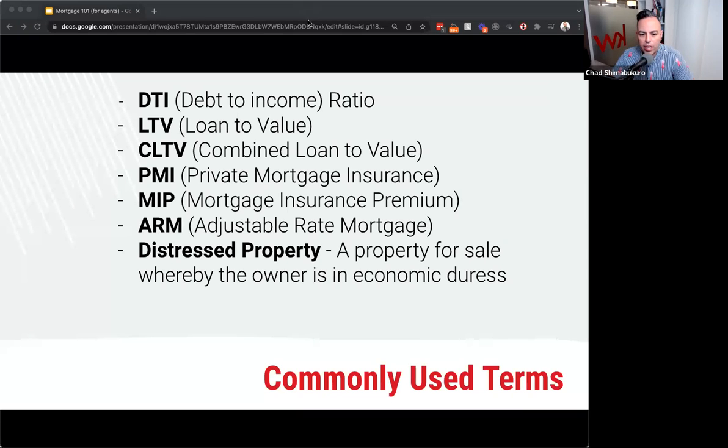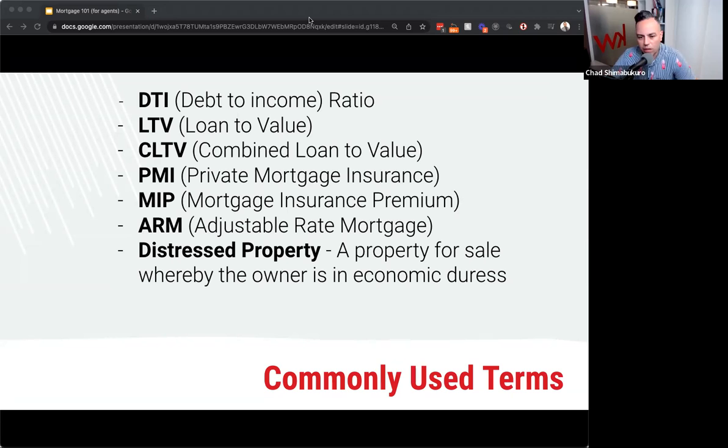Or what if they intend on selling it in 3 years because it's fixed for 3 years, but the market changed? And if the market changed and they can't get what they thought they could get for it, they might be upside down in rare circumstances, which means they have negative equity when the property is not going to be able to have a fixed rate. So they'll be in an adjustable time frame in a negative equity situation, which is really bad.